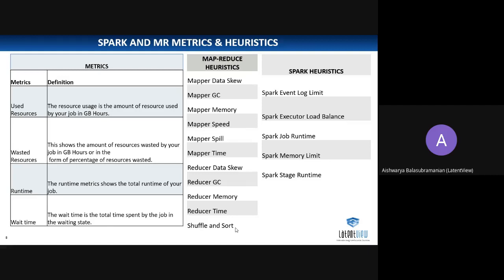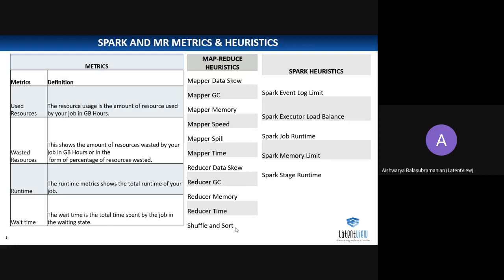Similarly, we also have a set of Spark heuristics: Spark executor load balance, Spark job runtime, Spark memory limit, Spark stage runtime. That is, how much time is being consumed by a stage, or what the memory limit is. We define everything beforehand: the executor memory, driver memory, memory overhead, executor cores, driver cores, all those tuning parameters. But we do not know the usage of all those resources.